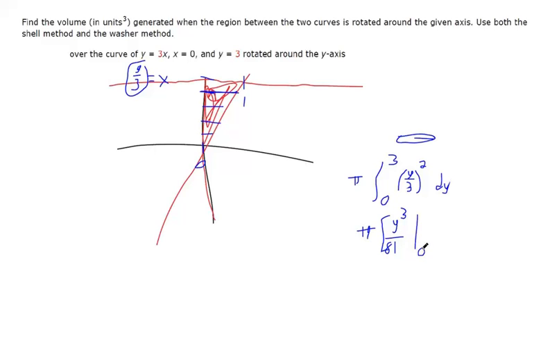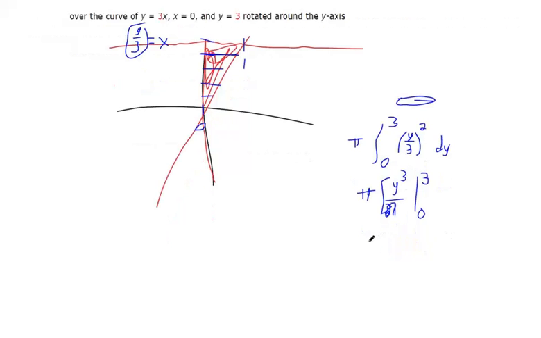And 3 was already being squared to make 9. Oh, sorry. 3 squared is 9. So that should be 27 on the bottom, sorry. Did a couple of steps all at once there. And then if you plug in 3, you're going to get 27, so